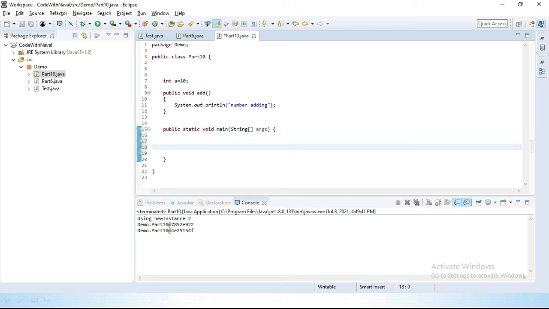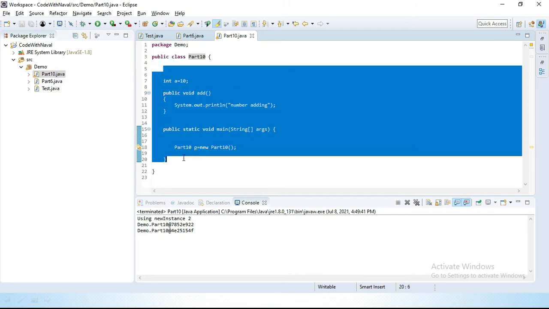I'll simply define the class name Part10, then an object name: Part10 p equal to new Part10. Let's see, when we are creating an object, that internally calls a constructor.